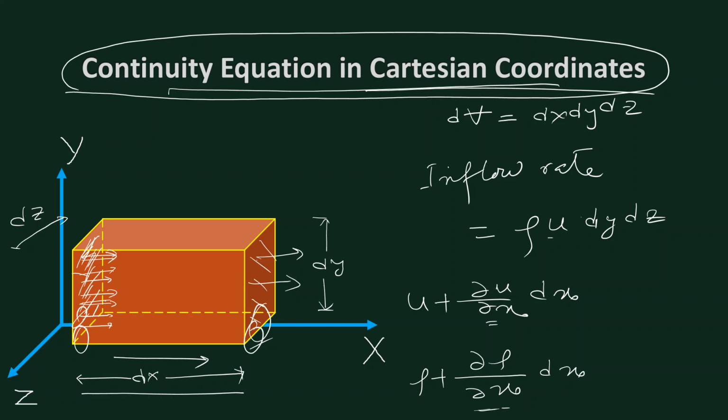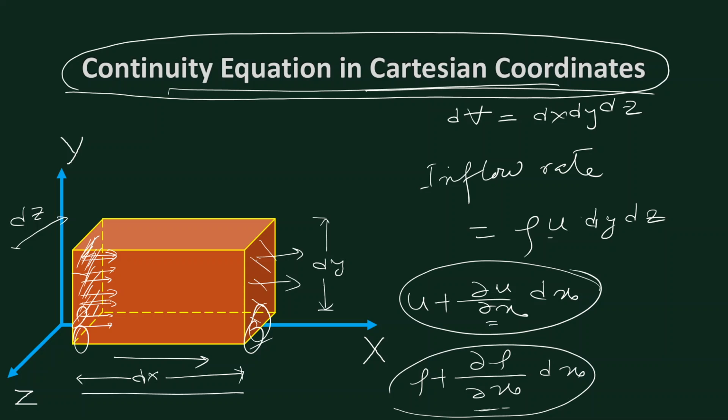So this is the new density and this is the new velocity. Therefore, we can write that the amount of fluid leaving the control volume through this surface is given by